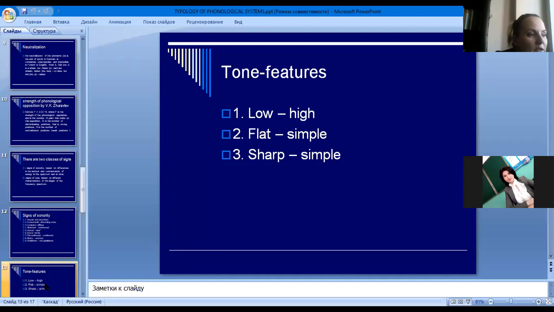The second is flat and simple. Flat phonemes have some downward shift in comparison with simple ones and weakening of some of the upper frequency components. In articulation,